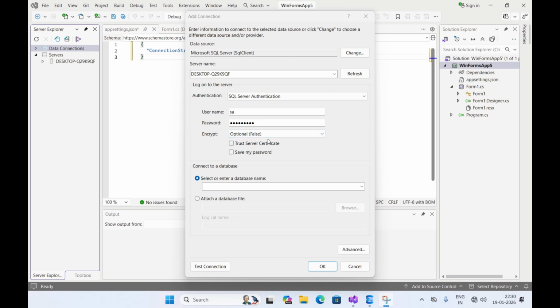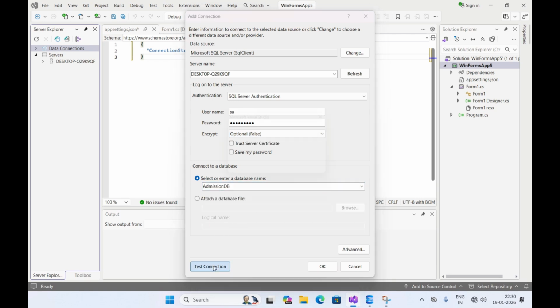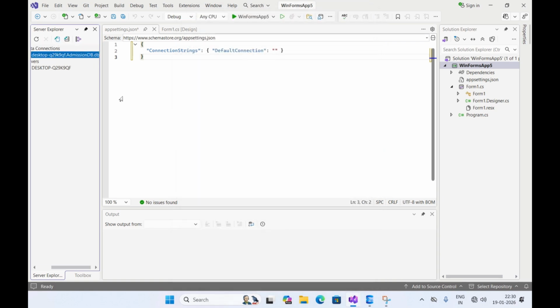and I will make this encryption optional. And if you have encryption, then select mandatory. Right now I have no encryption mode, so I will select optional and select my database from the drop down and click on test connection, then click on OK, then click on OK and select this